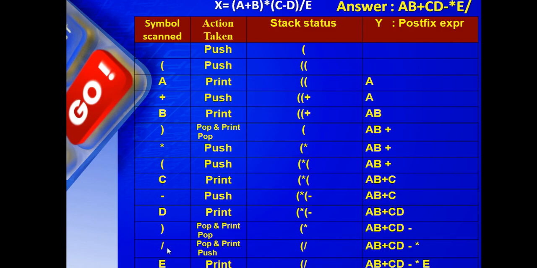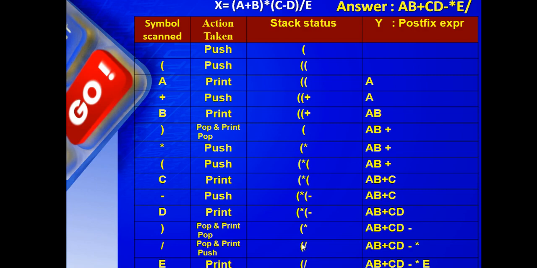You get an operator. Yes, here is an occasion now, right? The element scanned is also an operator and the top of the stack is also an operator, right? Clear? Now both the priorities are checked. Of course, they are of equal precedence. Even if the priority of the element on the top of the stack is equal or higher, it should be popped. So therefore, even though it is equal, star is popped, right? There is no more operator after star, therefore it is pushed.